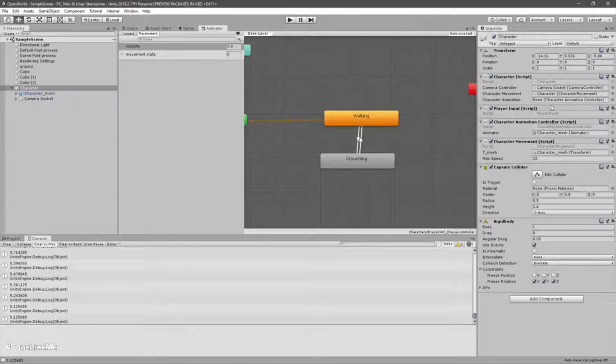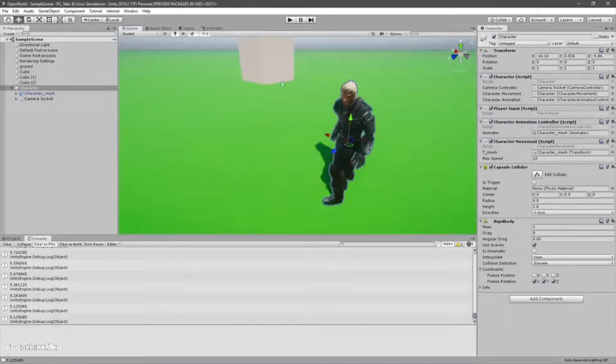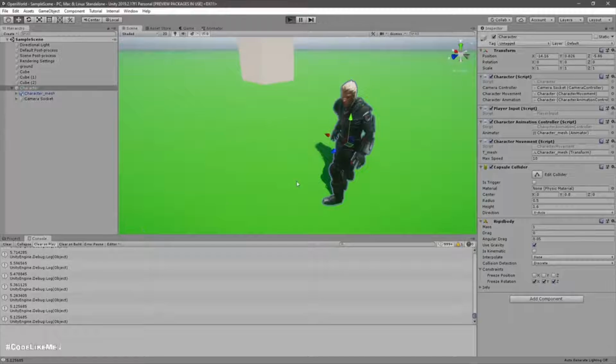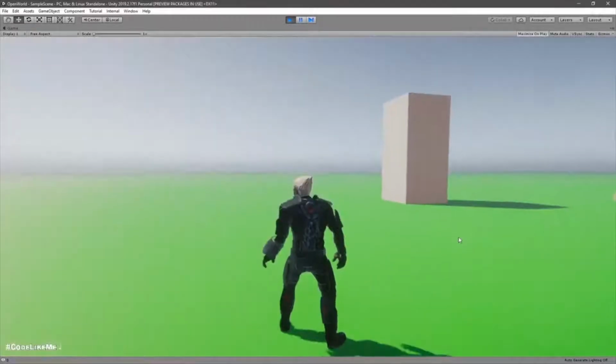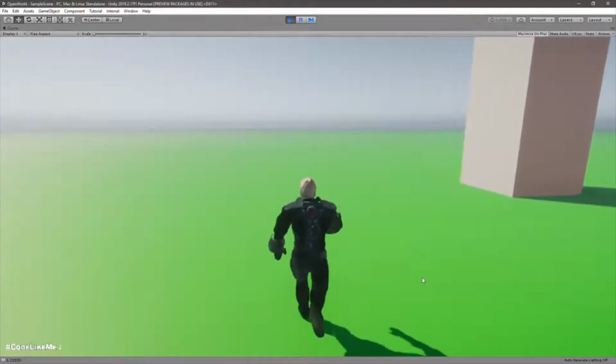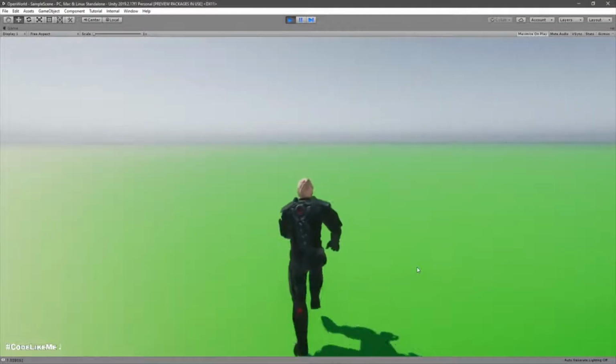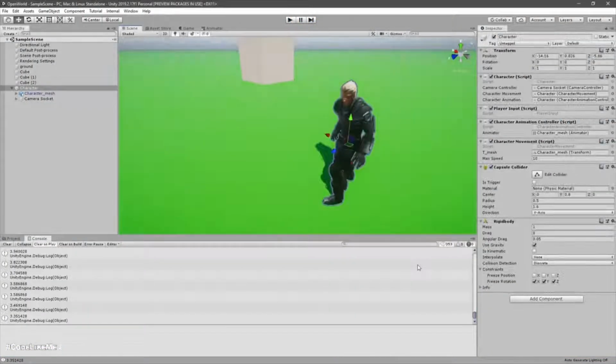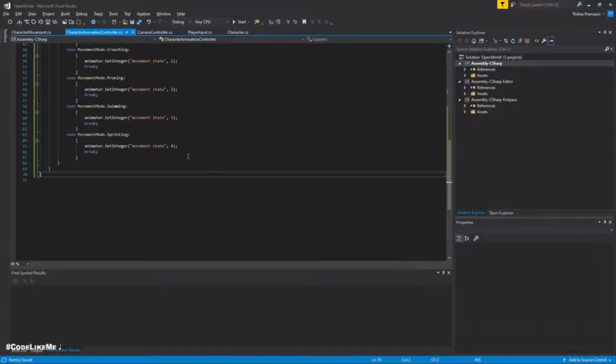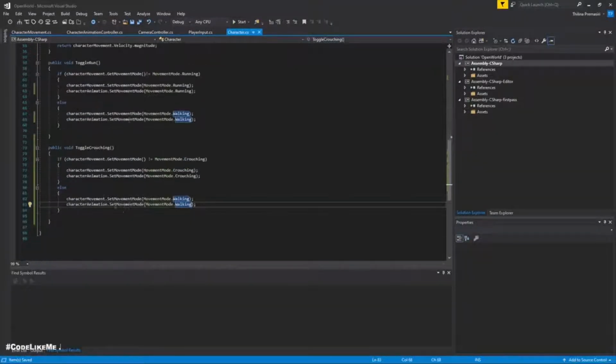Right, now we need a reference to character animation. Right, now let's see what happens. Well, actually nothing happens. That's because we never called this toggle crouching